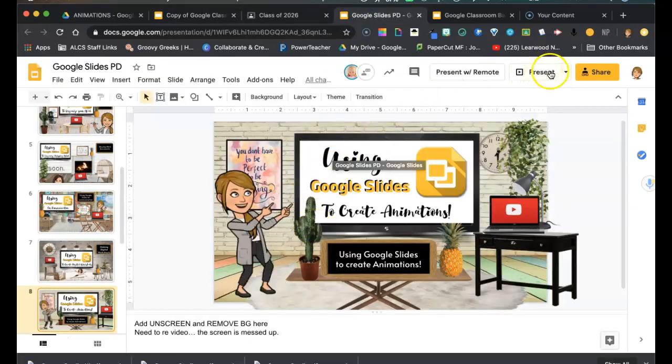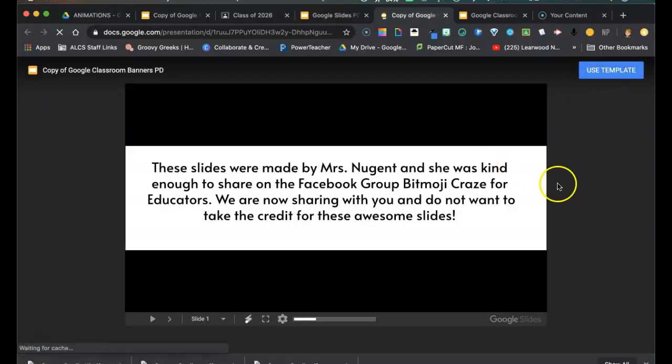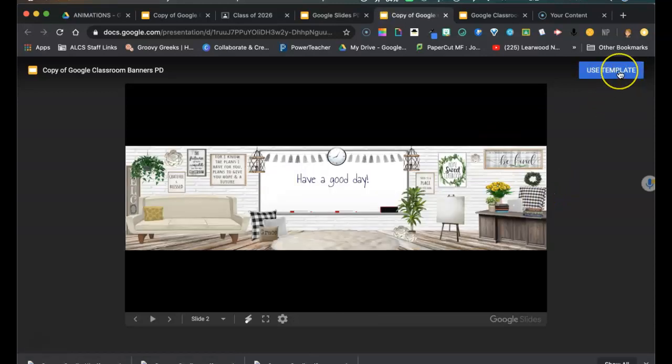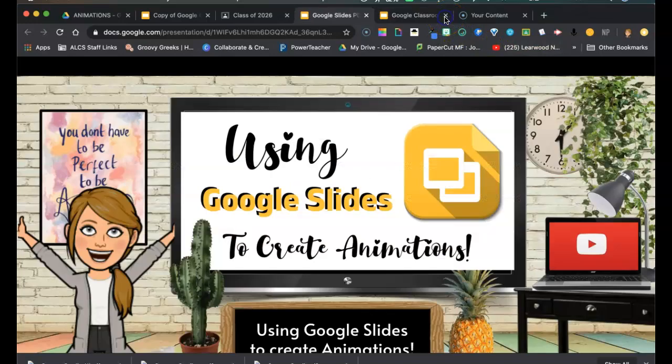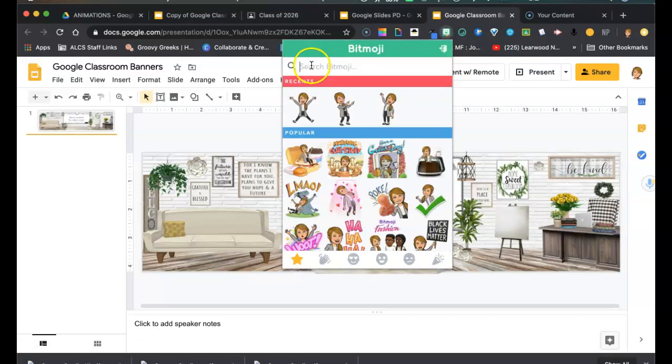So if you click on this cactus here, it's going to show you a template, and then you can use template, and it's going to make a copy of this resource in your drive. Okay, so here we go. Now again, it's kind of the same idea. You're going to find the Bitmojis that you like,